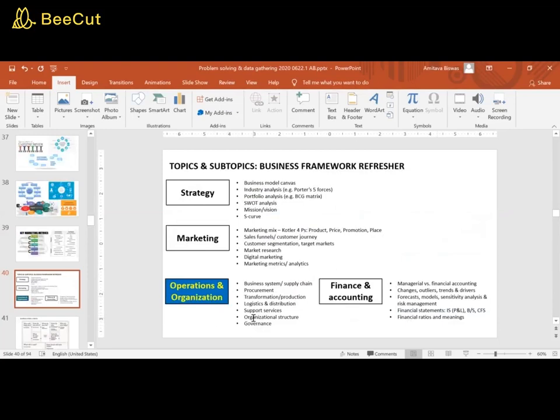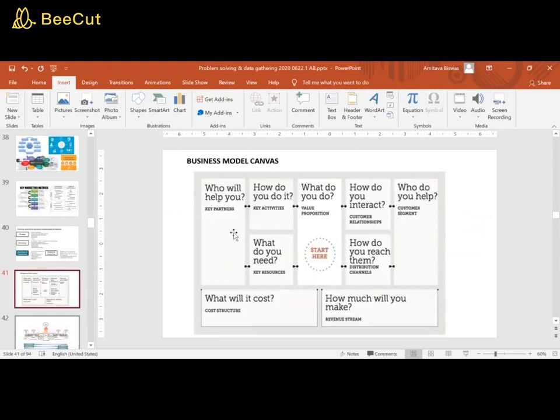Operations and organization. This is sort of this side of the business model canvas. What are we going to do? What are our actions going to be? Somehow this tends to fall behind this other sexy stuff here. Strategy is pretty exciting. Marketing, everybody loves. Finances, money, that's great. So this sort of becomes an afterthought,